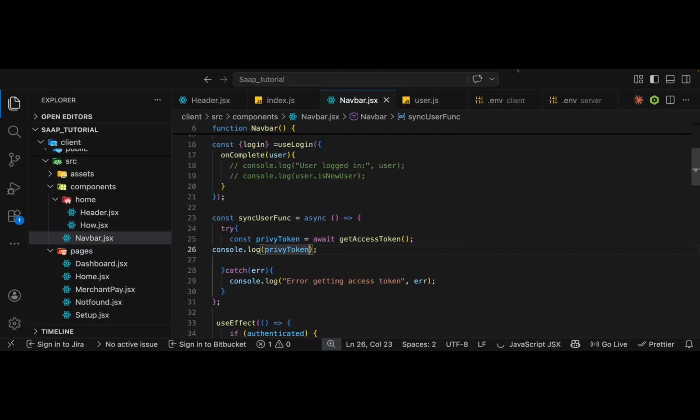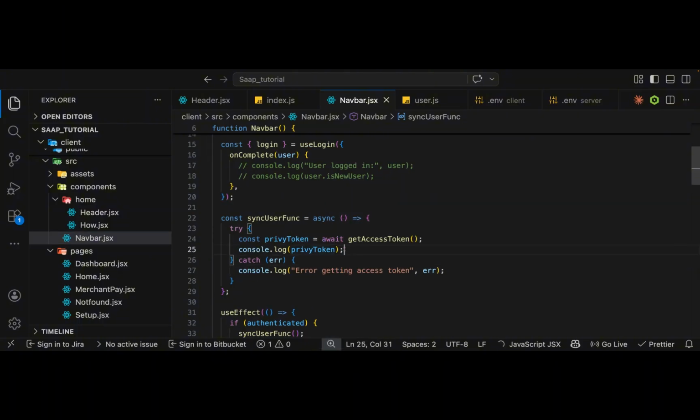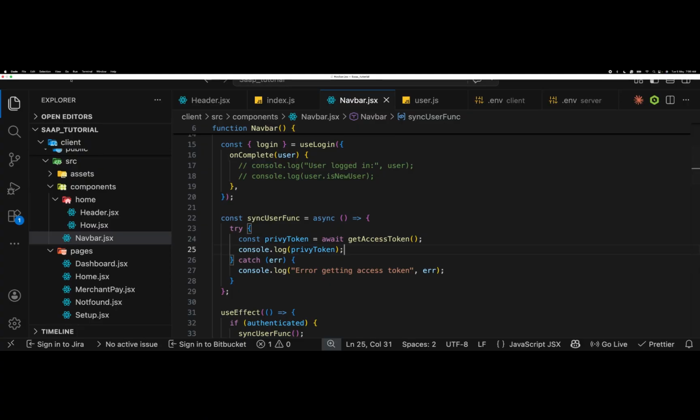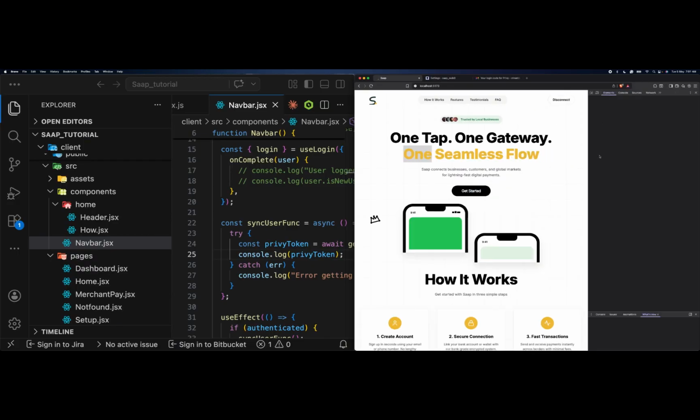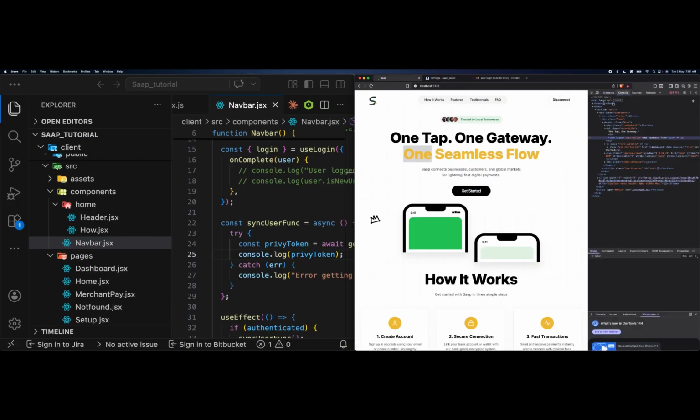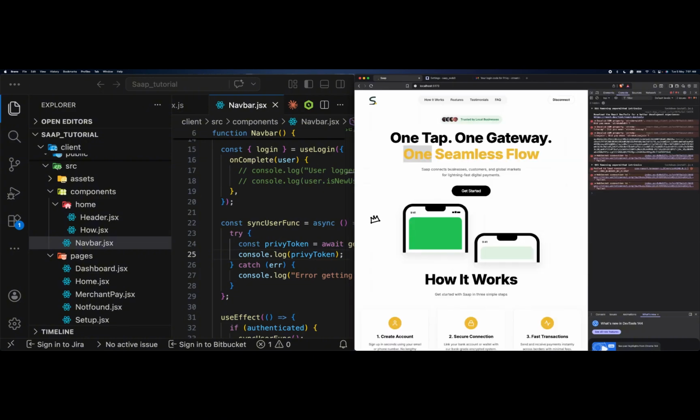What the Privy token is. Okay. The Privy token. Let's just minimize and then go back here. Going to inspect. And you can see the Privy token is this one. This is what we are going to be sending. And for it to work,